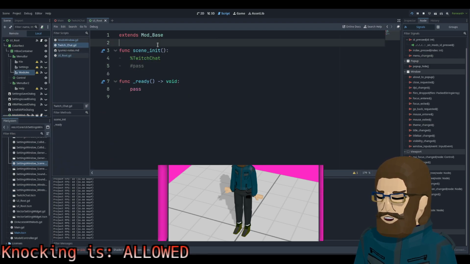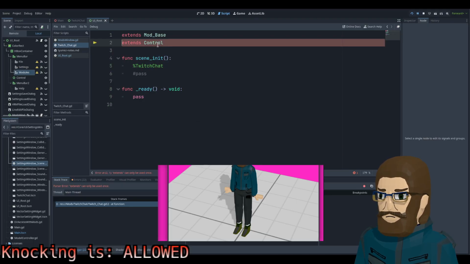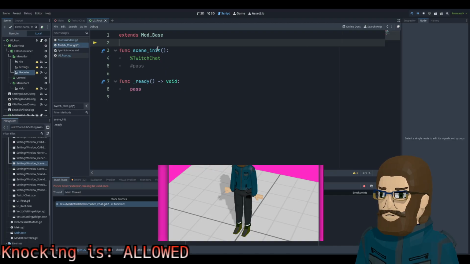Because in here, can we extend two things? Like if I extend. Extends the me once. Okay, yeah, that makes sense. So would I be able to do that here?